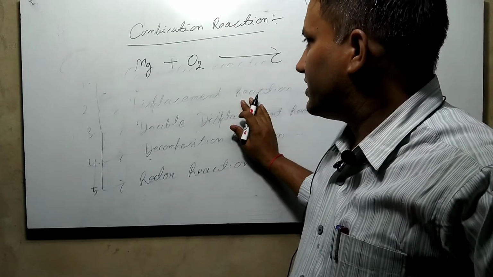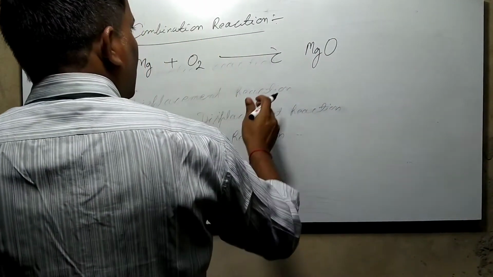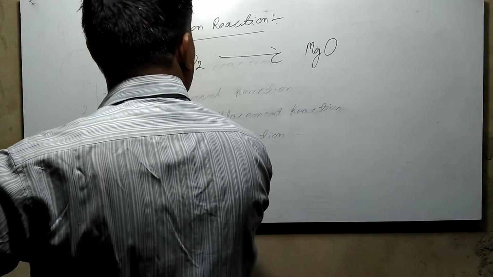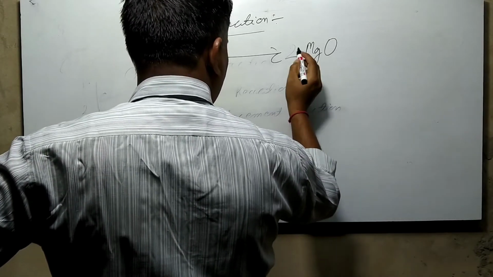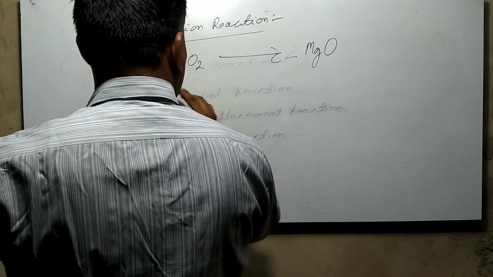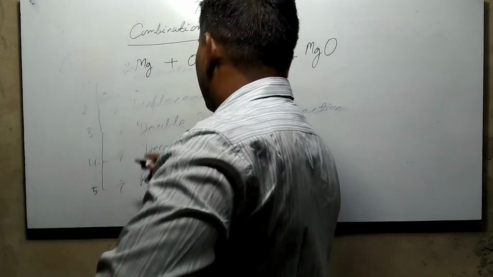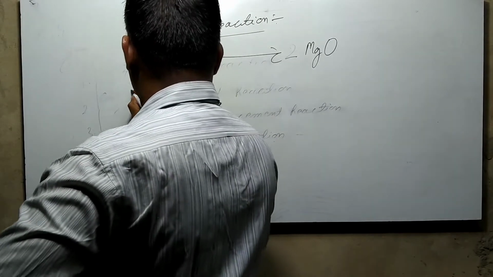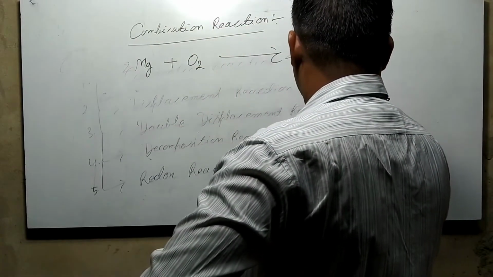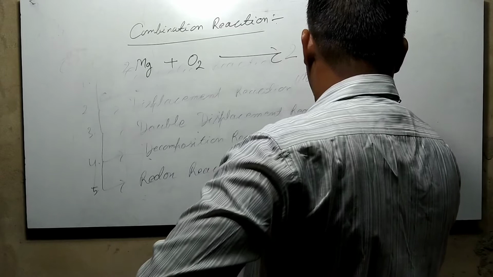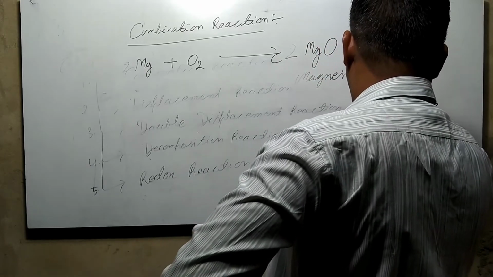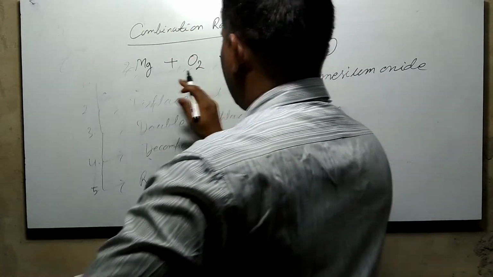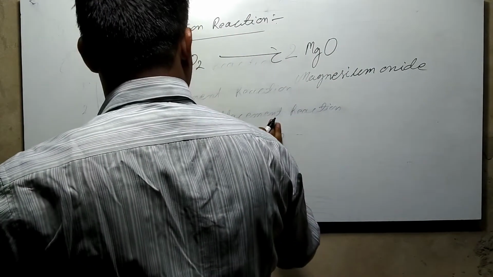Our topic is combination reaction. We can satisfy it, and that is called a balanced chemical equation, which satisfies the law of conservation of mass. It is very easy: we put 2 here to balance the oxygen, and now we put 2 here to balance Mg. 2Mg plus O2 combine and give 2MgO. We can write the name, magnesium oxide. So it is quite clear to understand: magnesium and oxygen combine to give magnesium oxide.